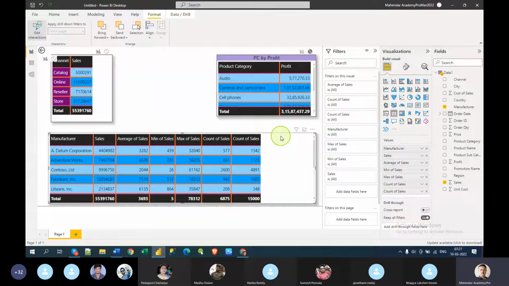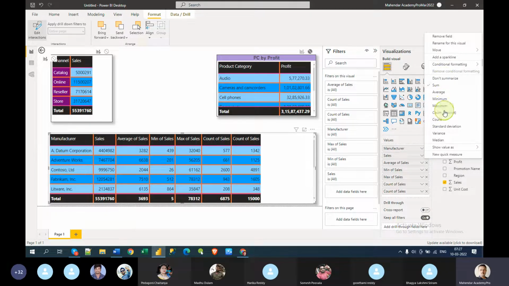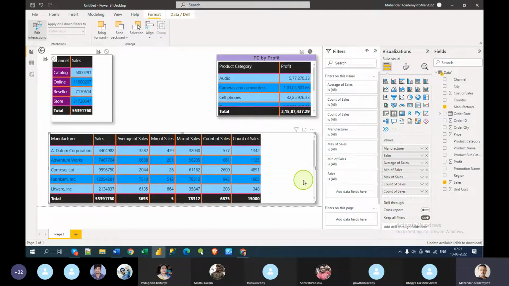So three things we understand. We understand how to create the table, how to format the table, and then how we can create multiple implicit measures. We call them measures. I will tell you the measures that can be created using DAX, but for now what you need to understand is we can use the implicit measure mechanism like this. You can also do not summarize, but again the table size will go bigger. It's just like a normal table, right? But in some cases, don't summarize also will work for us.